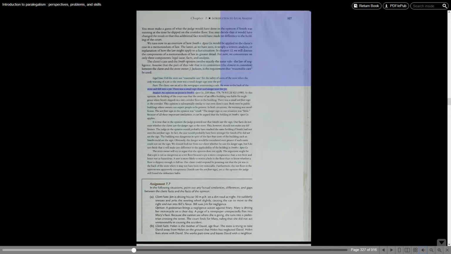He went to the back of the store and fell into a pit. There was a small sign that said danger near the pit. Analysts: an opinion on point is Smith v. Apex Co., 233 Mass. 578, 78 N.E.2d 422 (1980). In this opinion, the holding of the court was that the owner of an office building was liable for